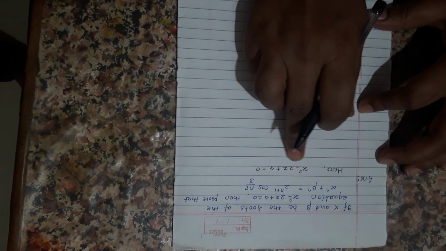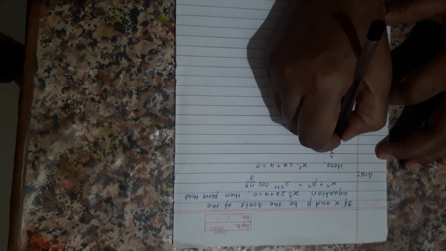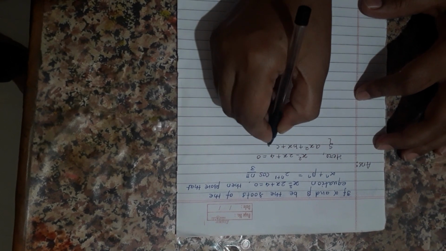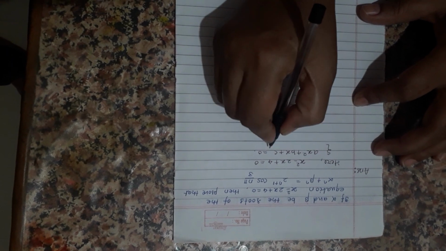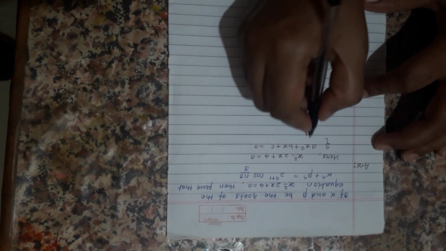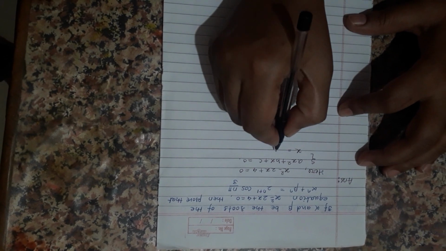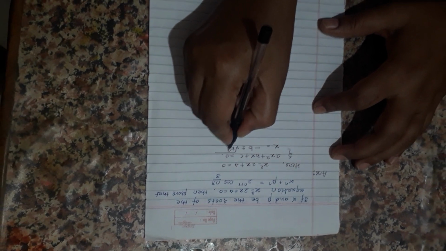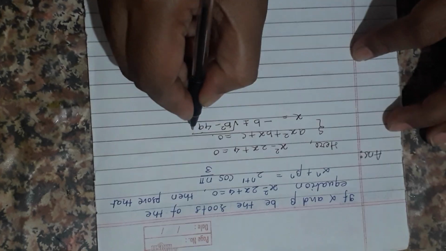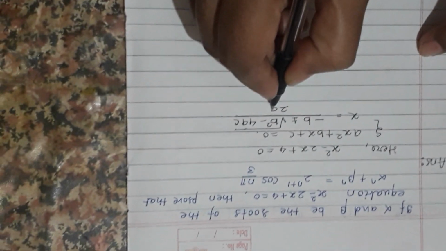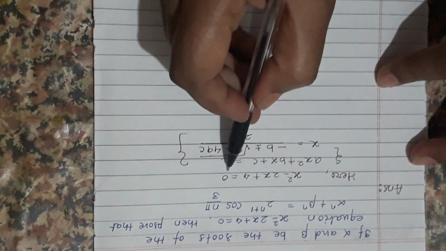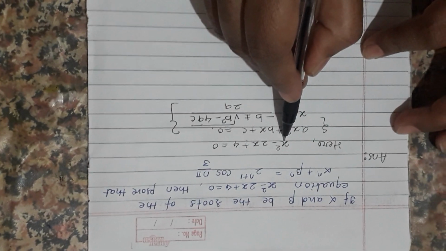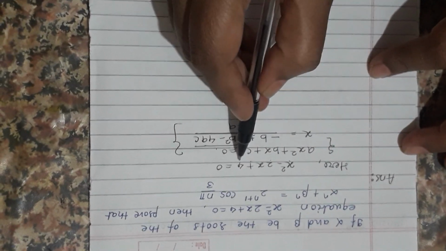If you see that equation, it is in the form of a quadratic equation. As we know very well, the quadratic equation is ax square plus bx plus c equals 0. If the equation is in this form, then we know how to get the roots of that equation. We can get the roots by the formula x equals minus b plus minus under root of b square minus 4ac upon 2a. So we have to use that result to solve this type of equation. Now if you compare that equation with this, here the value of a is 1, the value of b is minus 2 and the value of c is 4.